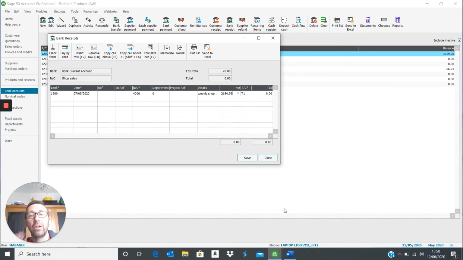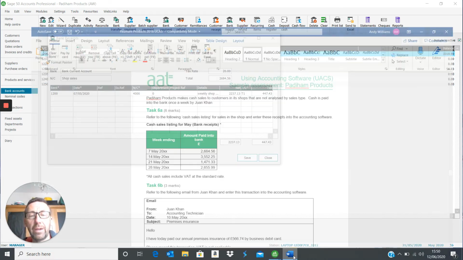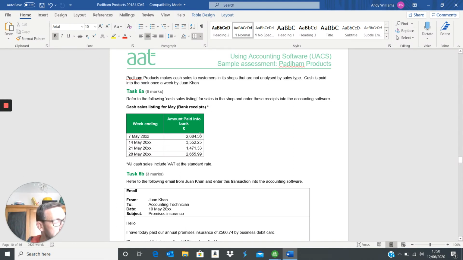It's easy to go wrong. If you click on the T1, it basically adds the VAT on. If you forget that VAT's already included in that, what you want to actually do is do a calc net. So you can see here this F9 brackets, or just click the calc net button, and what it does is it pulls out the VAT from that figure. And that's the same as if you just do in your calculator